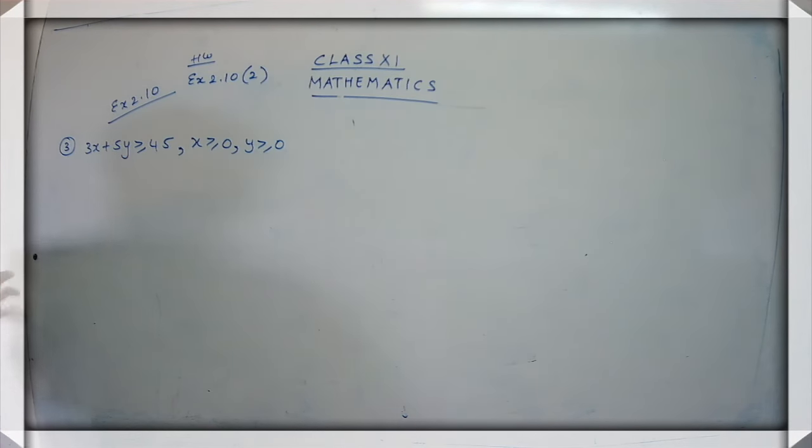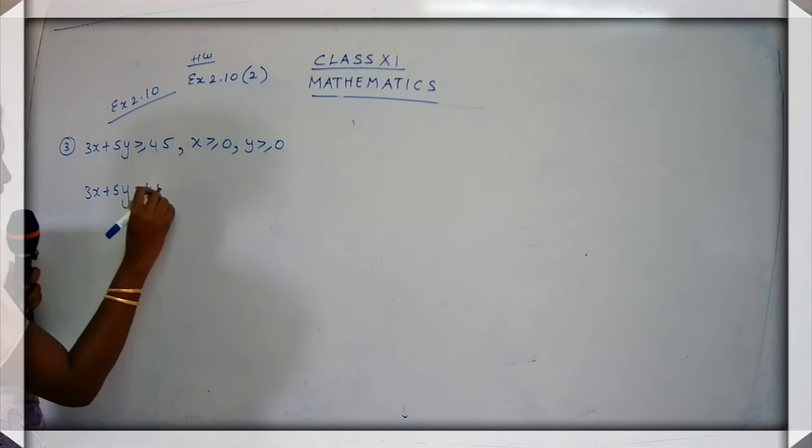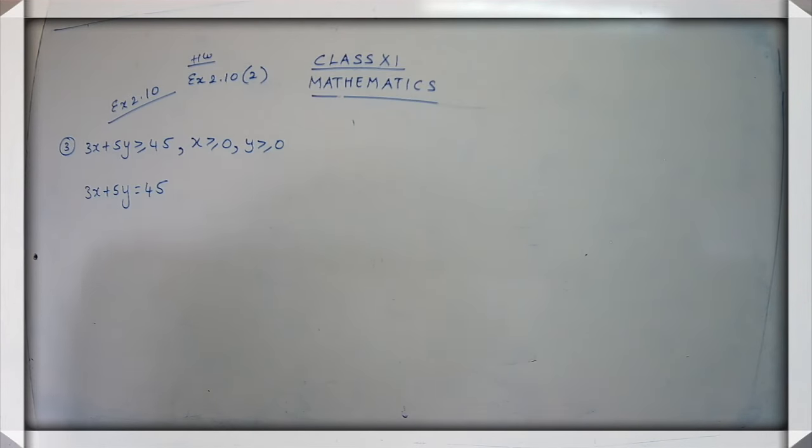The first thing is we will try to draw a table and try to get the values for x and y. So I am going to take 3x plus 5y is equal to 45. Okay, children? So you have to take the second graph paper. Do not continue in that. We cannot do anything over there, yes, children? So you have to write down sum number 3. If you have stapled all the graph paper, just leave one page for the second sum, and you can continue the third sum in the next page.